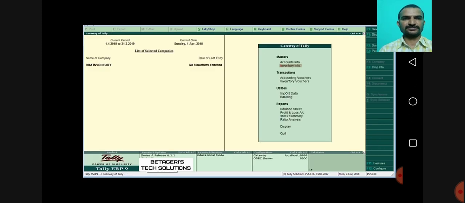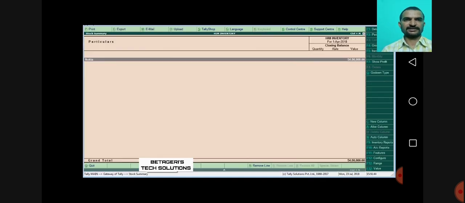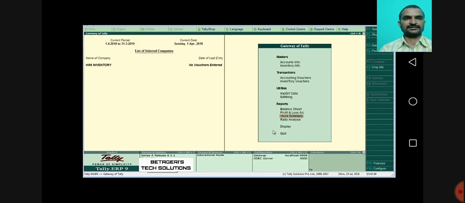So in order to display the stock summary, go to the Gateway of Tally, select the stock summary and then OK. Press F1. It displays in detail: 1200 pieces, 54 lakh total.